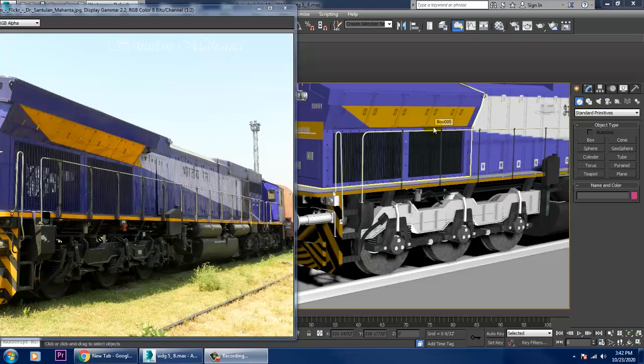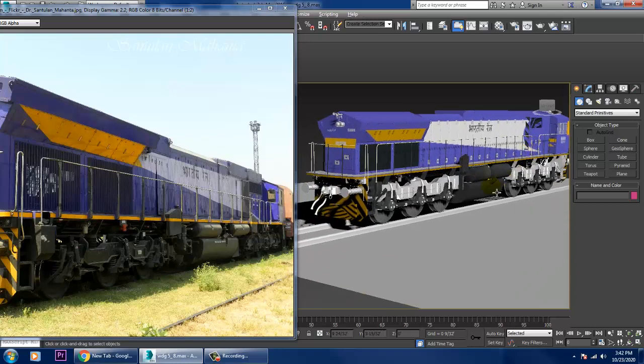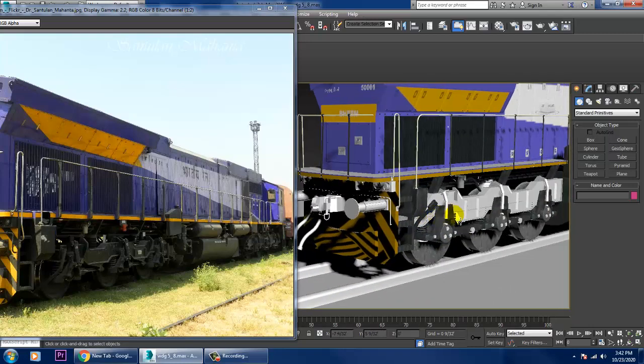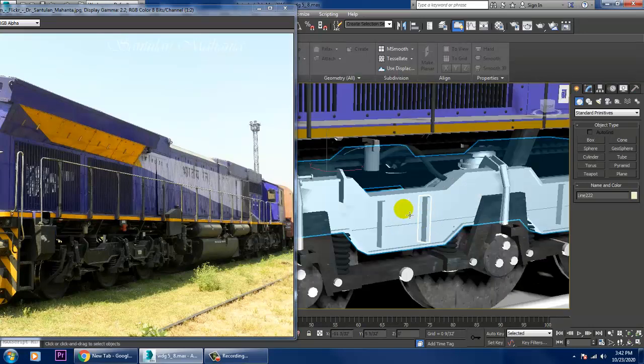So here I'm coming up with one more tutorial on your locomotive engine. We are already working on that locomotive engine, and we have done half of the texturing part. So let's continue further. Now whatever parts are left out, we'll just be texturing those. We'll make sure that we have this part also, so we'll be just texturing it.